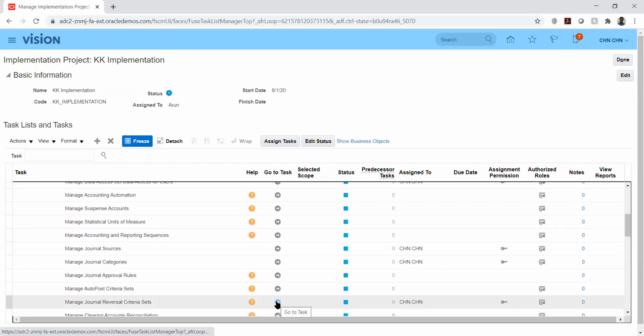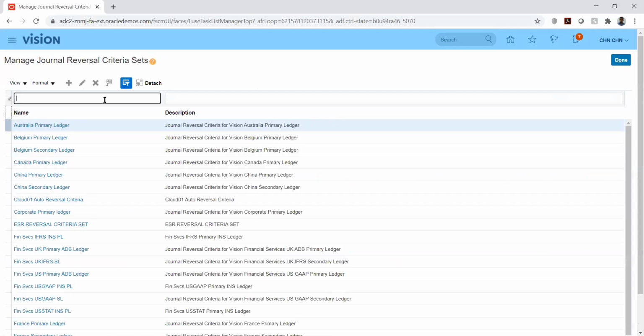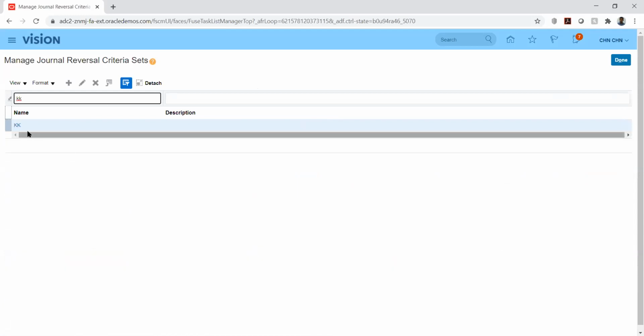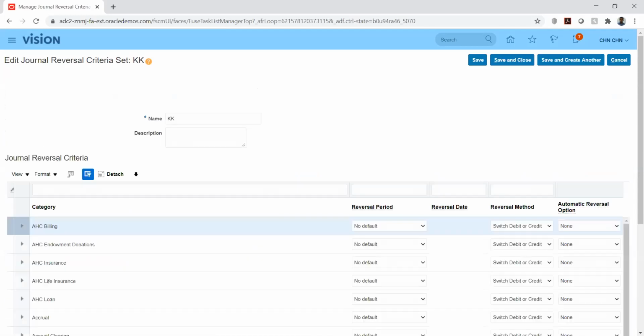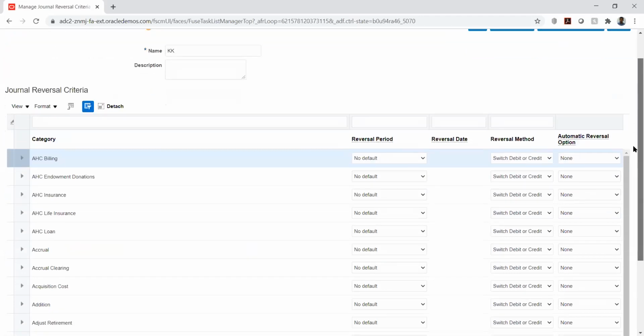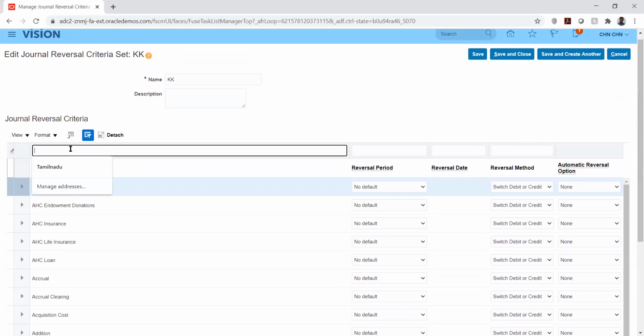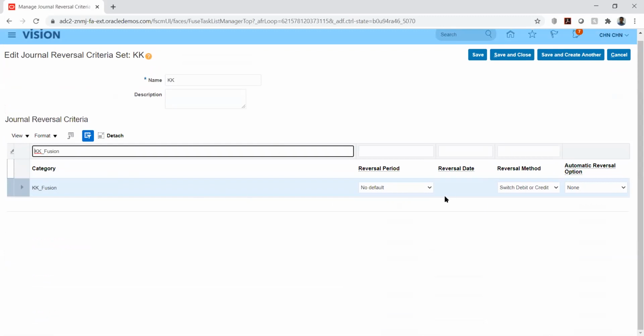So I will click manage journal reversal criteria set. For each category that we have defined, we will have rules that we can define. The category that we have taken is KK underscore future.